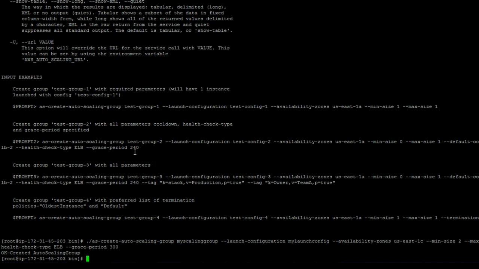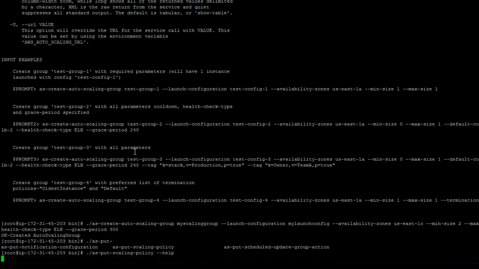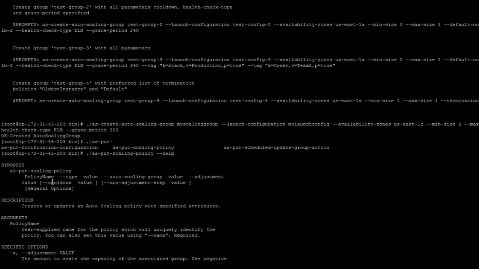Now in this example, we are going to create two policies. One is to scale up the environment and the other is to scale down the environment. For that, we are going to use the as-put-scaling-policy command. Let's take a look here. This command takes a few arguments. One is the policy name, and then the type of the policy, auto scaling group that we have just created,